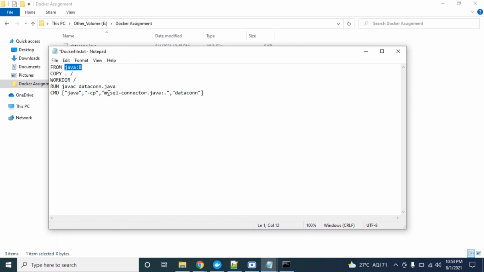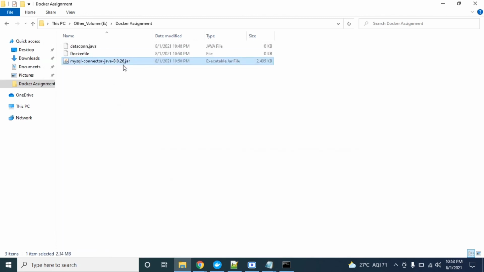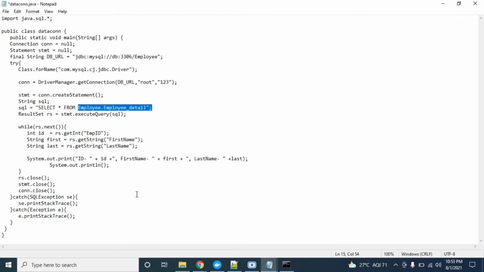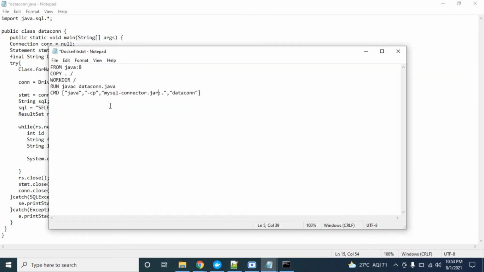In the classpath I'm placing this jar. Sorry, this is the MySQL connector jar, yes, this is fine. Just save this.